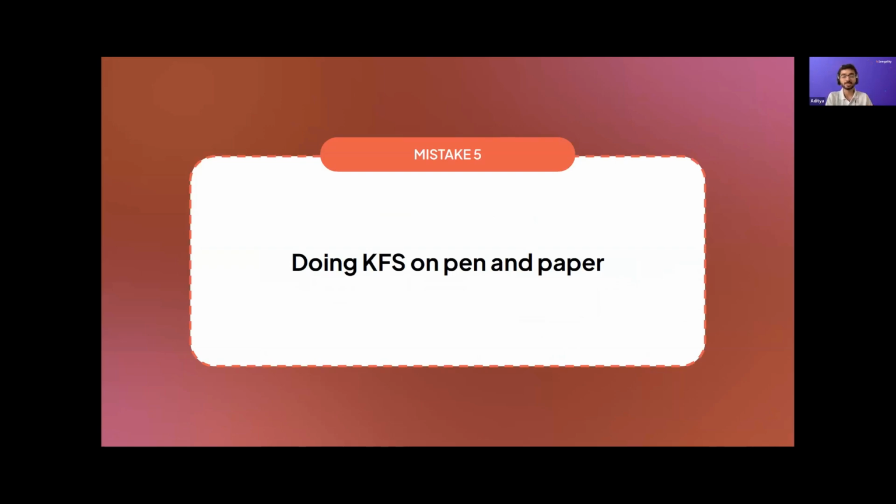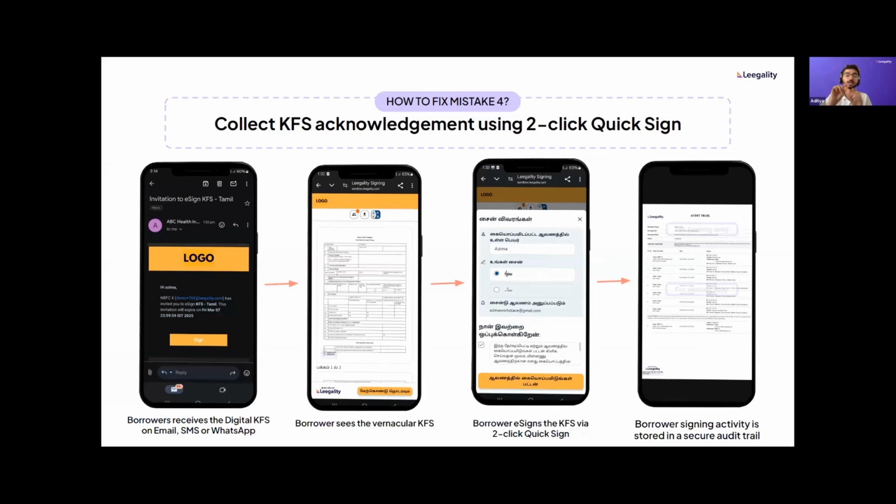So that's the fourth mistake. I agree clickwrap. If you're doing it, know the full risks of doing it. Otherwise, choose a method or build a method where you can actually trace that, look, this authentication was done, acknowledgement was done by the borrower, and this acknowledgement reflects on the document itself, right? Those two are the priorities.